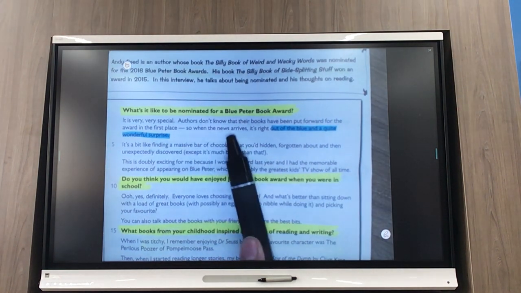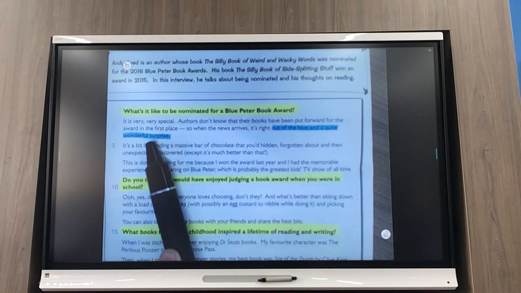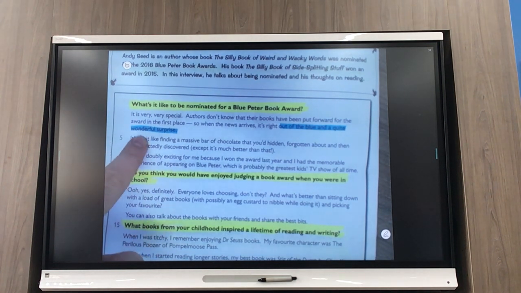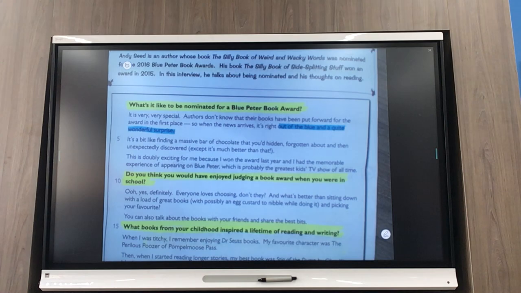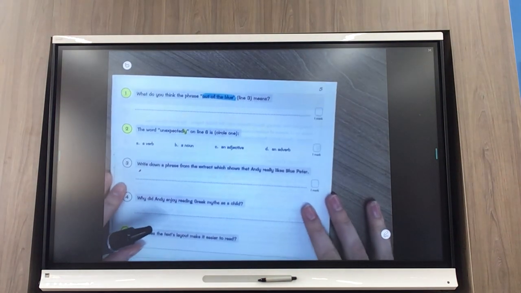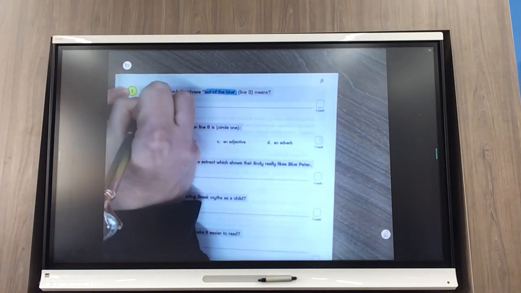So when the news arrives, it's right out of the blue. So I've started highlighting from where the phrase starts. And quite a wonderful surprise. So when we're talking about something being out of the blue, it's saying that it's a wonderful surprise. So it's a surprise, it's not expected. So in your books, where it says, what do you think the phrase out of the blue in line 3 means? So I could answer it by saying